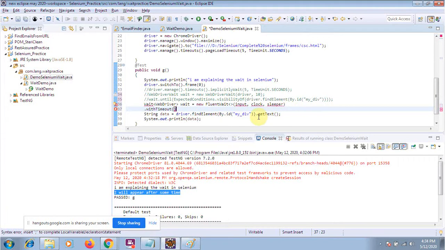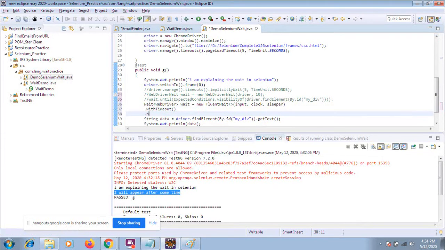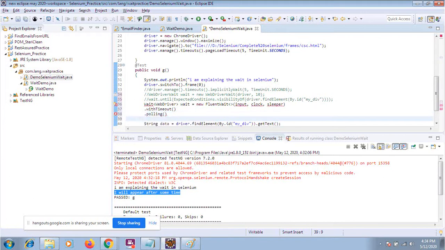Again, you can set the polling time, so you have to give the polling time here. Again, you can set the ignoring. Ignoring means you are just ignoring the exception. Exception will come with the class, means if I'm saying NoSuchElementException, I have to use here dot class.